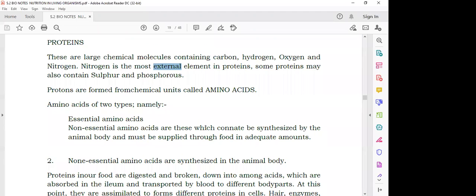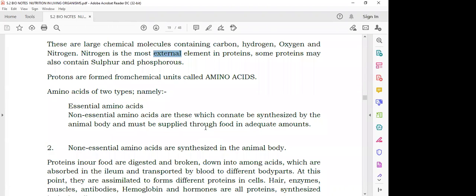Then the simple units from which proteins are made are called amino acids. Amino acids, and actually we have two types of amino acids. We have those amino acids we call essential, and then the non-essential amino acids. Now, the amino acids which the body can synthesize